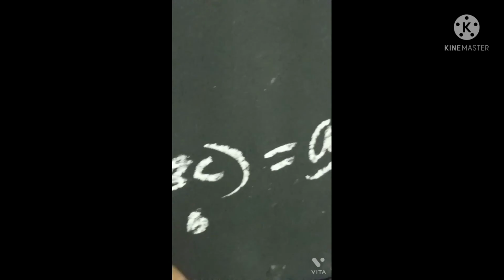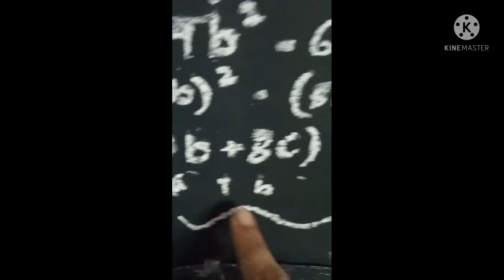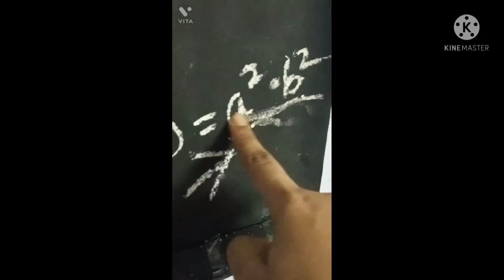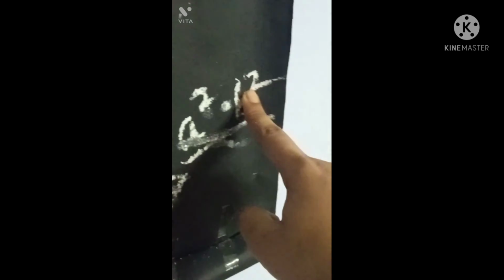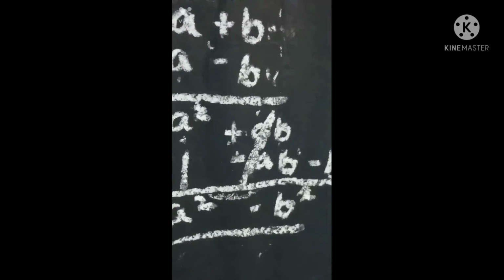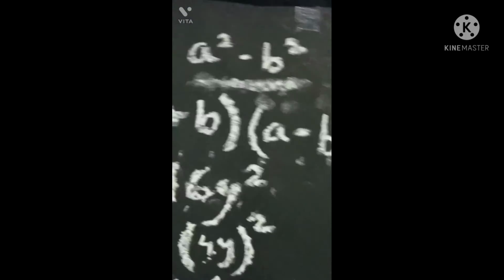So what is the rule here? Rule is a square minus b square. It is coming by this method. So a plus b into a minus b is coming from this method. This method is a square minus b square. So my topic was only a square minus b square, and I think you all have understood by this maths how a square minus b square has come.